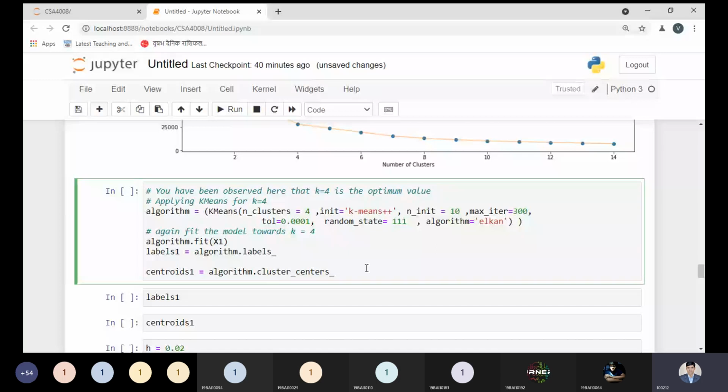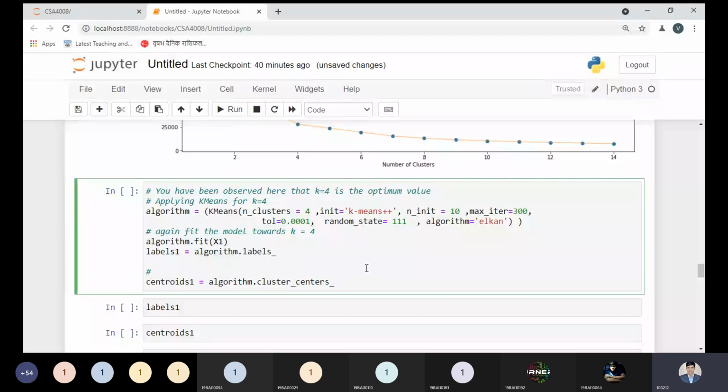But here it's time to decide the centroid, the centroid of the clusters, the center of the clusters, and we got equal to 4. It defines the cluster size.